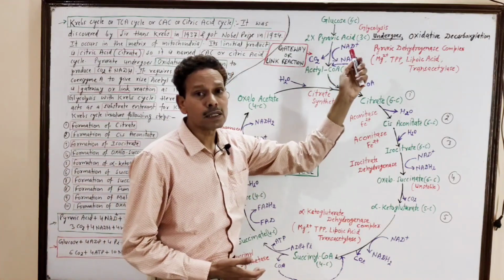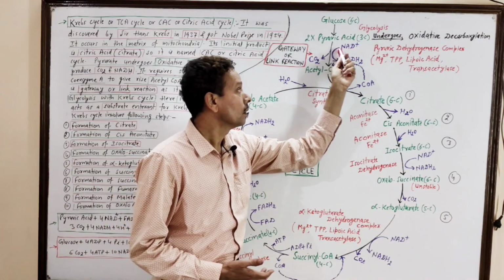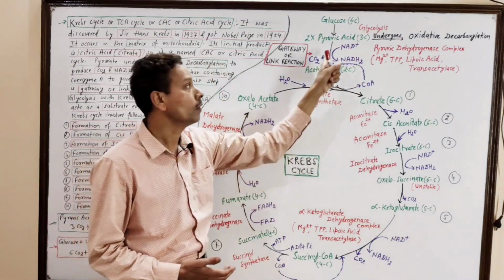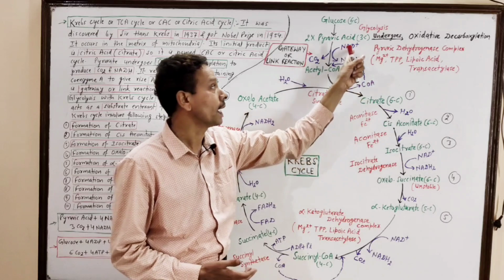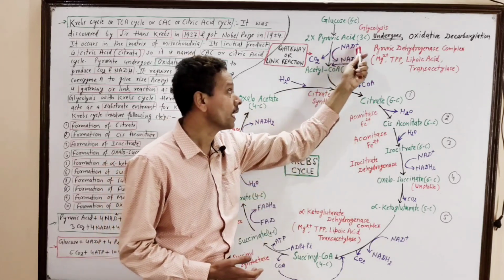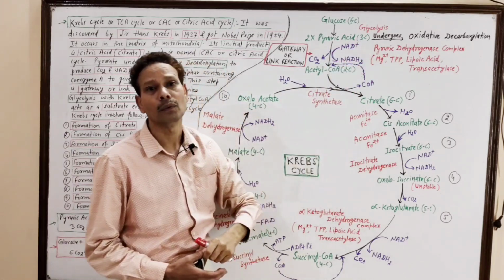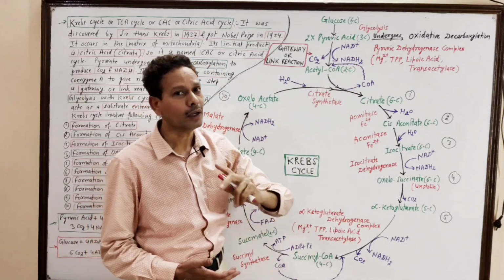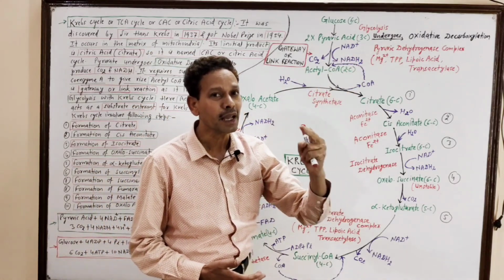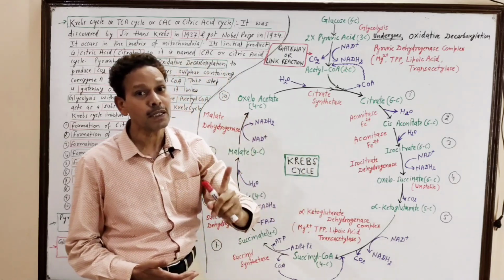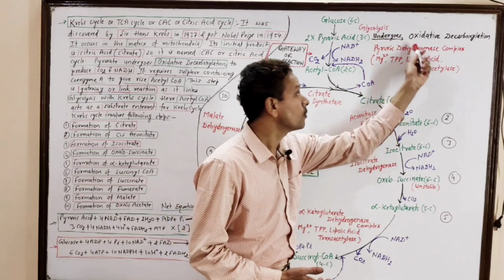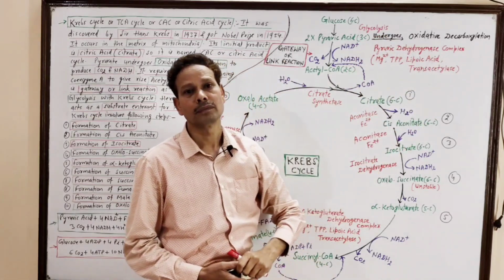It requires NAD plus, nicotinamide adenine dinucleotide, and this NAD plus is converted into NADH2, or it may be written as NADH plus H plus. This entire process is catalyzed by